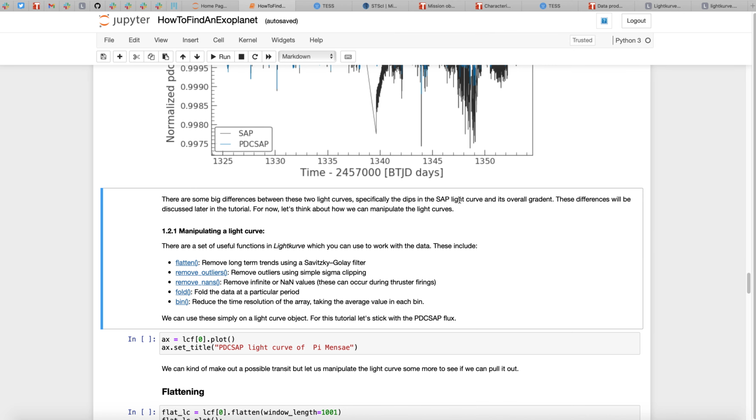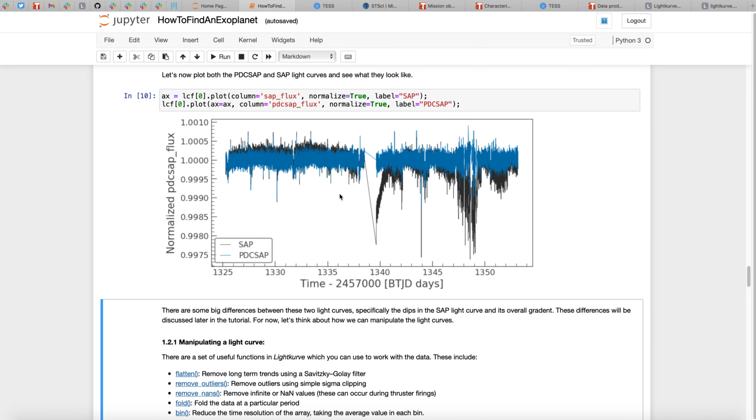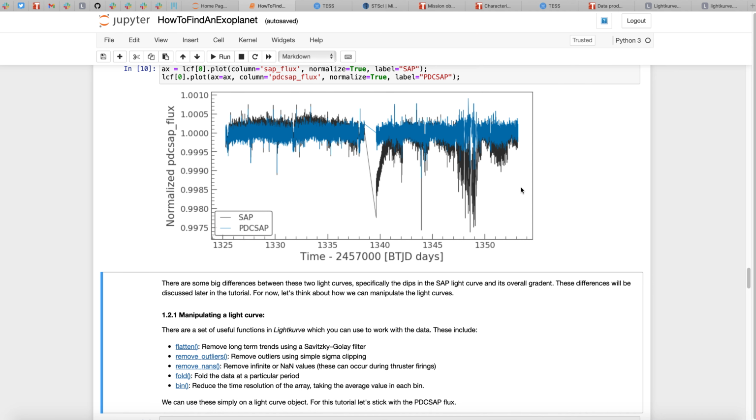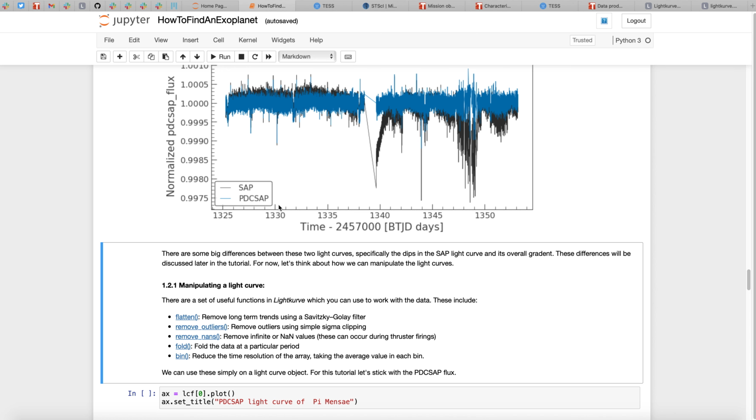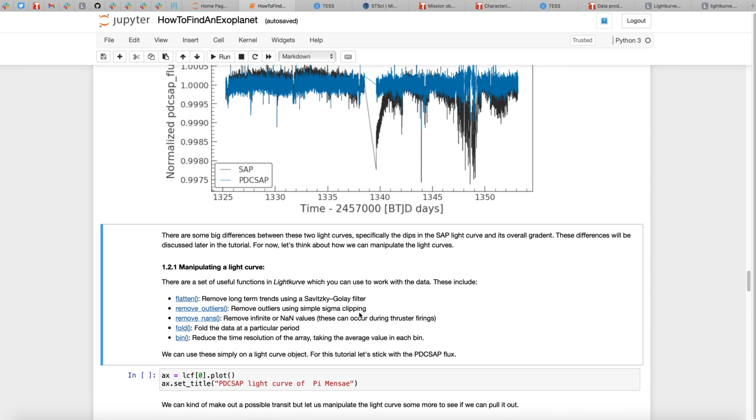Okay, so we do want to manipulate these light curves just to pull out our transit. And later on, we're also going to be assessing how, if we only have the SAP flux, we can remove some of these trends. So for now, let's stick with the PDC SAP and let's try and manipulate this light curve to pull out